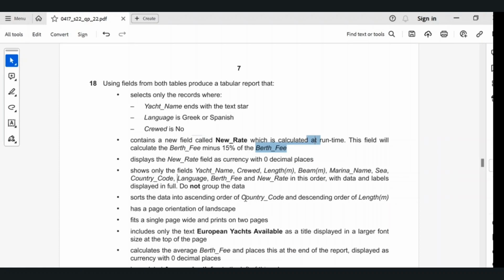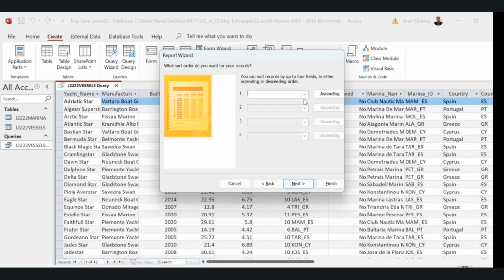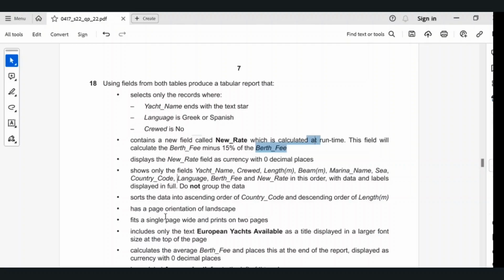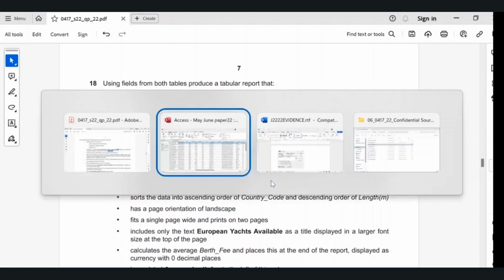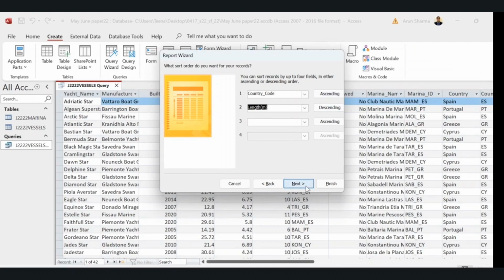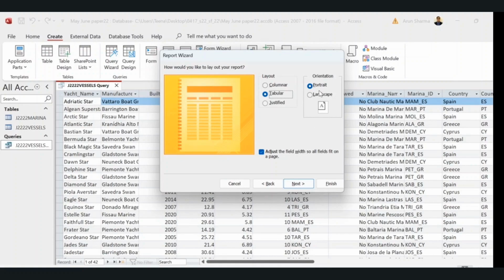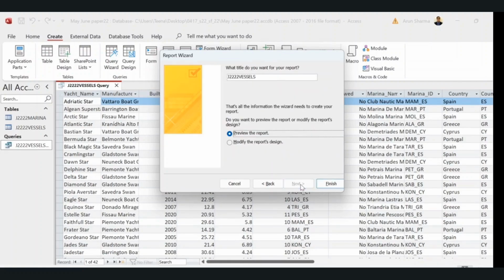Sort the data into ascending order of country code and descending order of length. So the ascending order of country code and descending order of length. Page has an orientation of landscape and it will be the tabular report. So next, tabular report, landscape. Next,